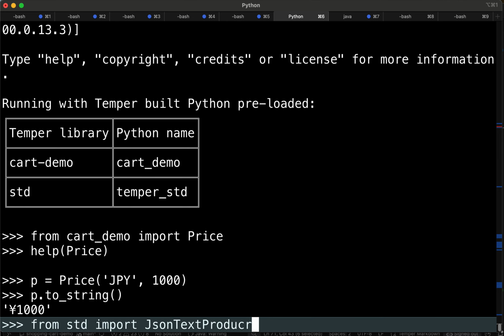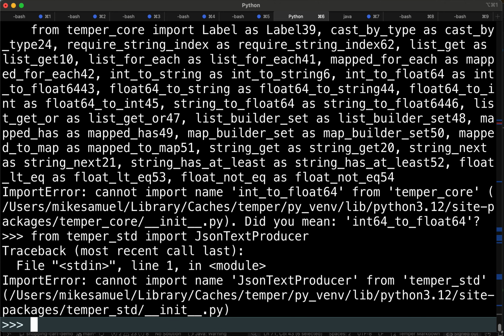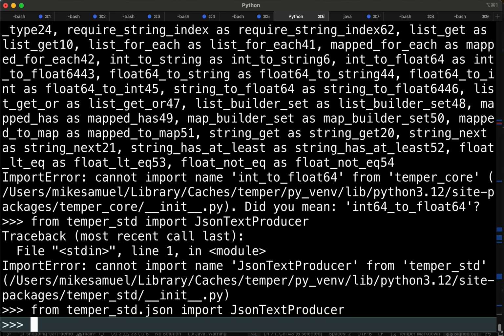If I remember the name and I can spell, I need to go into a specific module inside our standard library. Now, third time lucky, I've got myself a place to store JSON. And so now I'm going to say,